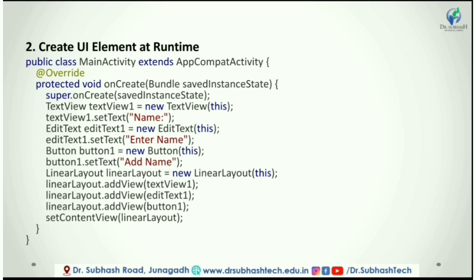Following is an example of creating UI elements TextView, EditText, and Button in a LinearLayout using custom view and view group objects in an activity programmatically. By creating a custom view and view group programmatically, we can define UI controls in a layout based on our requirements in an Android application. So these are the two ways we can define a UI element.